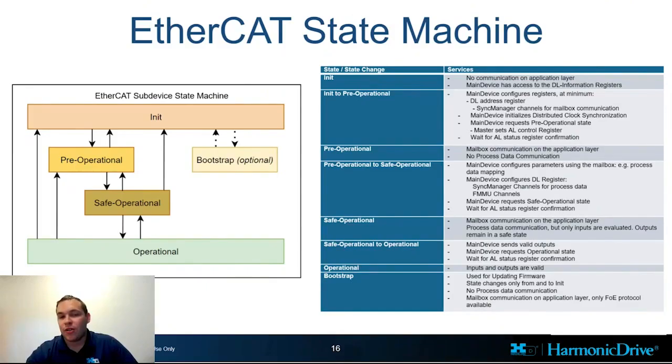The main thing I wanted to draw your attention towards is this table on the right. So the whole idea is when you first start up your device, it's going to be in the init state. And then once it says, hey, everything is good, it's going to automatically transfer to your pre-operational state. This is where it's going to enable mailbox communication and initialize any distributed clocks if you have them enabled. And then once this is all set, it's going to say, hey, my sub-devices are okay, I'm going to go